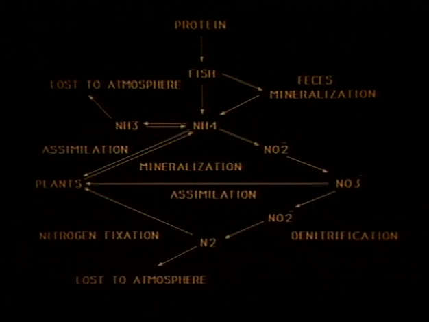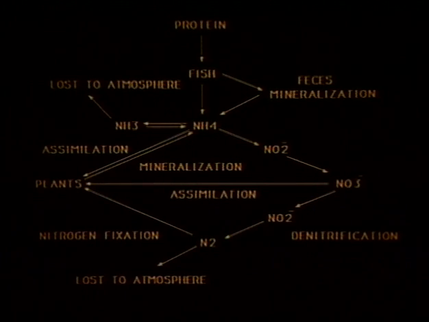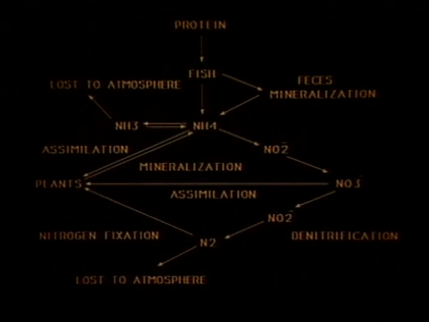Nitrogen is an essential element for all living organisms because it is contained in protein. However, two forms of nitrogen commonly found in ponds, unionized ammonia and nitrite, are toxic to fish at relatively low concentrations. Nitrogen in ponds exists in many different compounds which collectively form the nitrogen cycle.